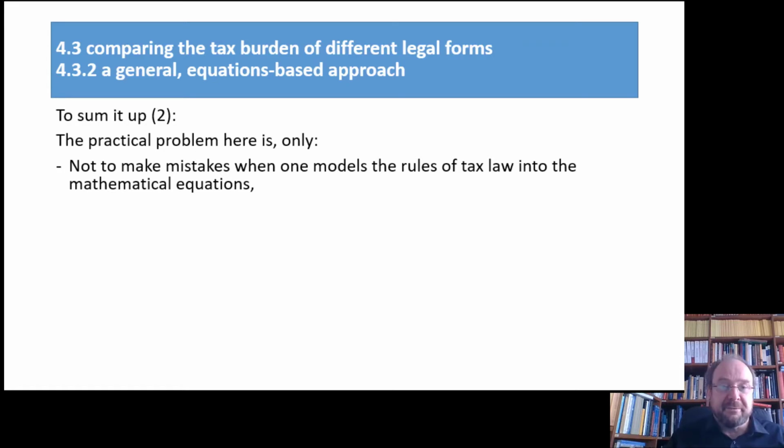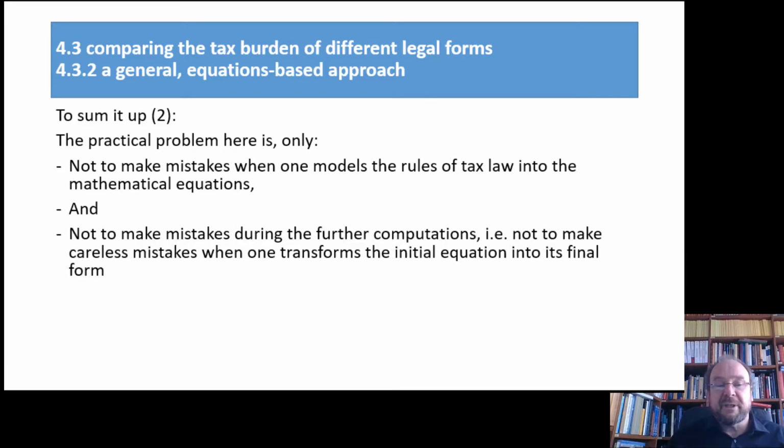That's difficult, not to forget something or to not mix up the definitions of the variables. Then, naturally, when you transform the original equations into the form which we need, there are ample possibilities to make calculation mistakes. And